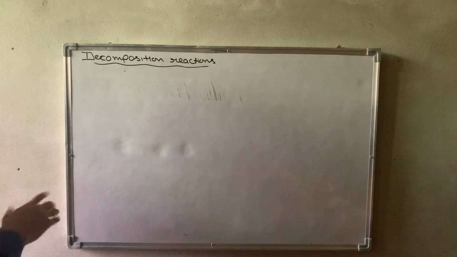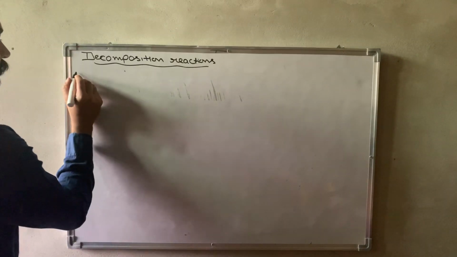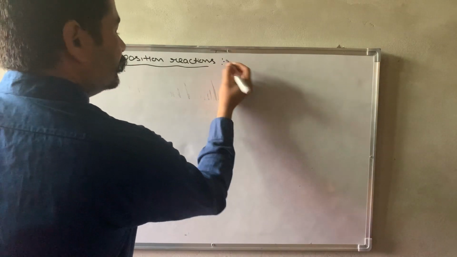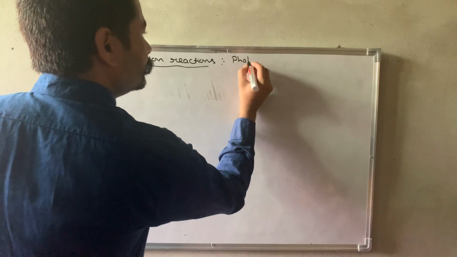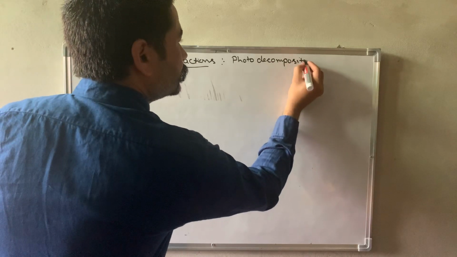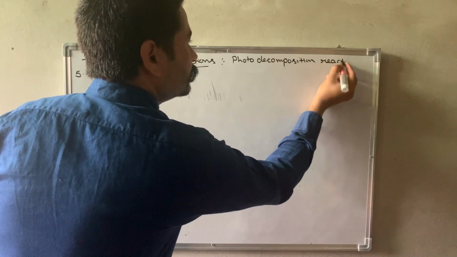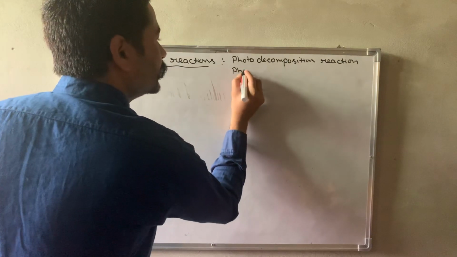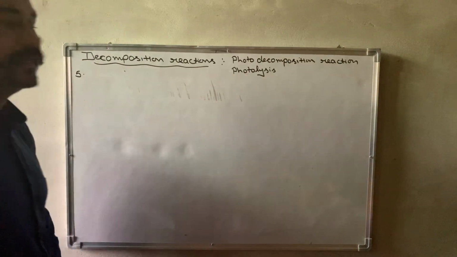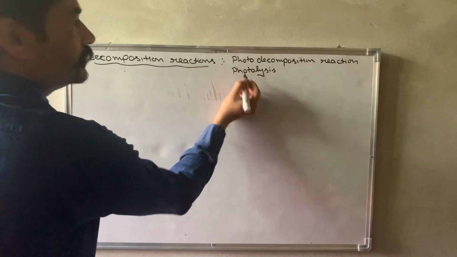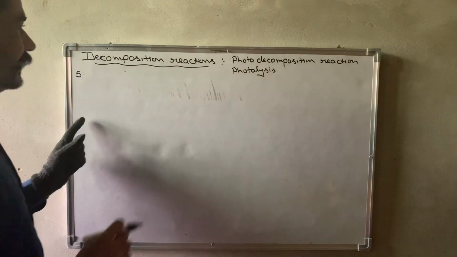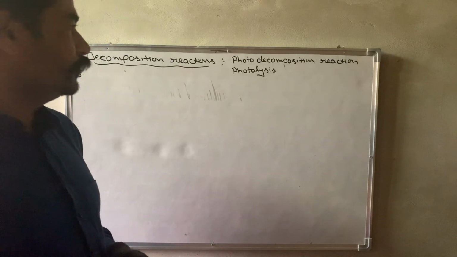Now we are moving to the fifth chemical reaction, and this fifth and sixth are known as photodecomposition reactions, or sometimes photolysis is also said. Because the word photo is used, it means sunlight. Like photosynthesis, you must have heard the word. And lysis means again breakdown. So fifth and sixth are the examples in which energy will be used in the form of sunlight.